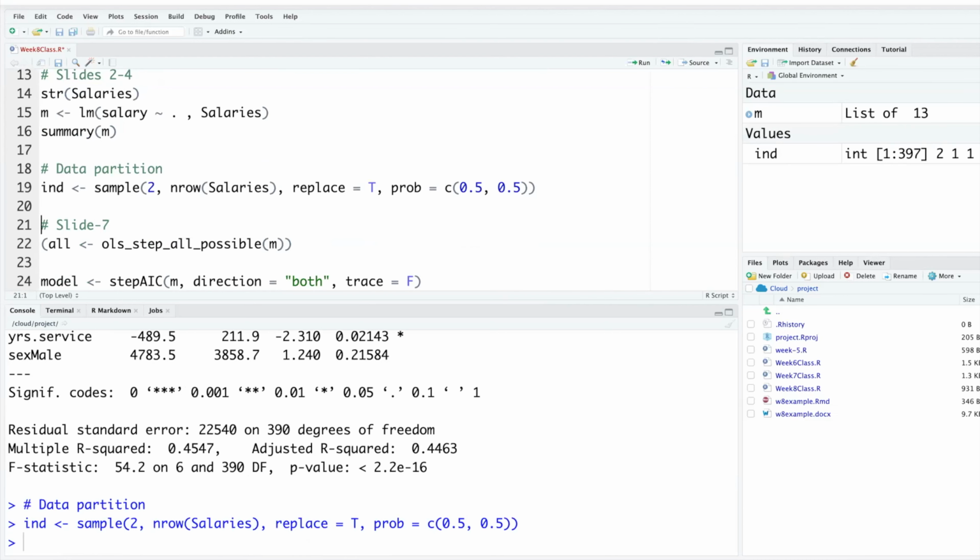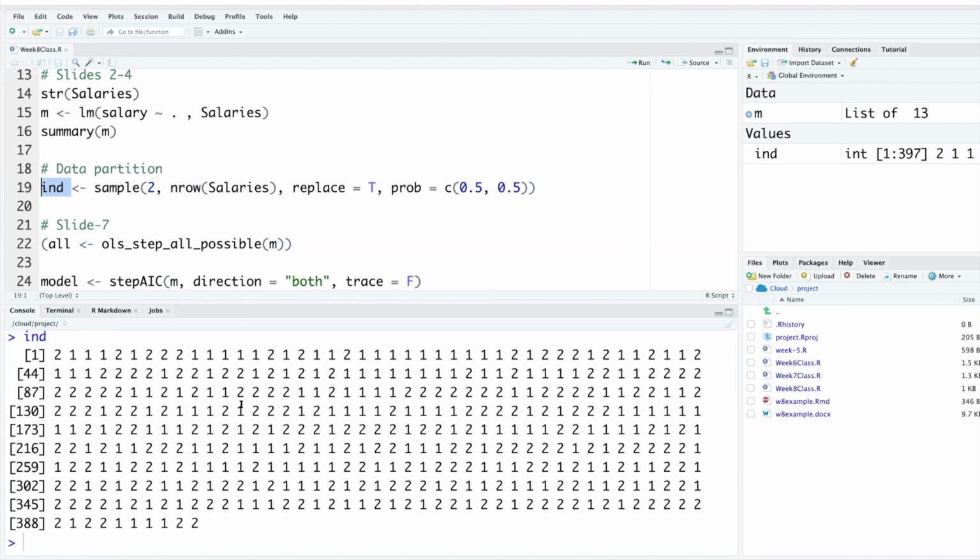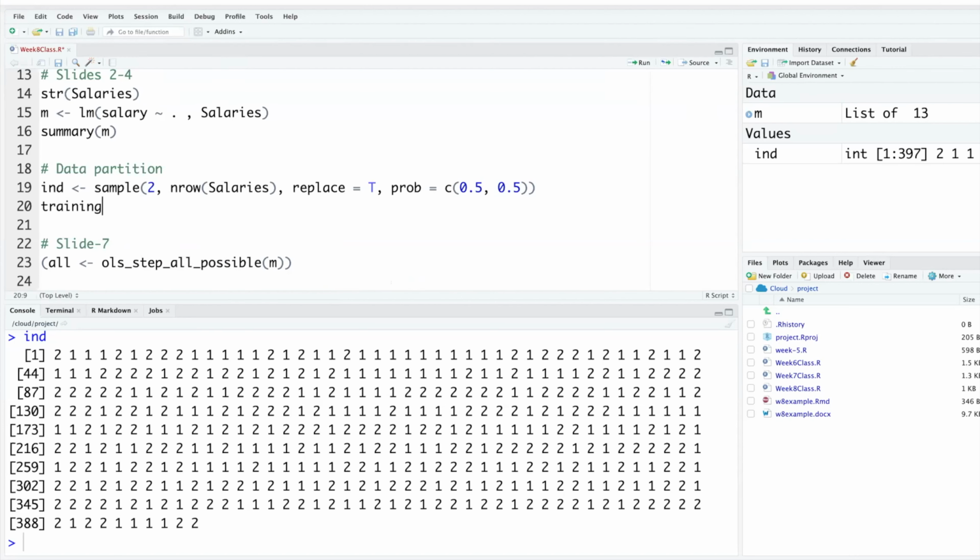So once you run this, you can see in the third window this IND is created. If you simply select IND and run, it's just an array of numbers, just ones and twos. So roughly 50% of the numbers are ones and 50% are twos.